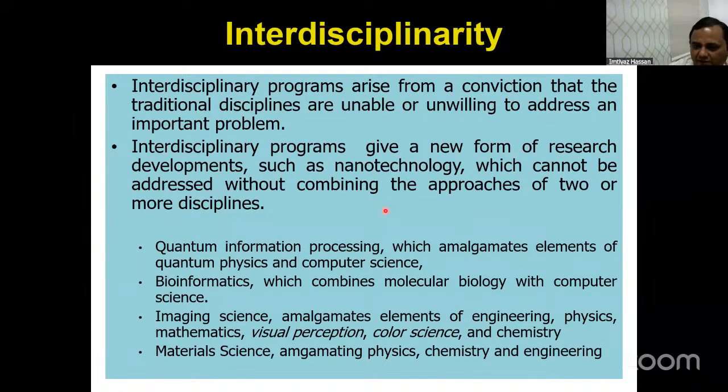For example, nanotechnology is one of the most emerging fields, but it is the integration of physics, chemistry, material science, mathematics, biology, and all the fields together. That's what nanotechnology is, one of the most interdisciplinary areas. For nanotechnology, you need quantum information that amalgamates quantum physics level understanding of the material as well as their biological implication.